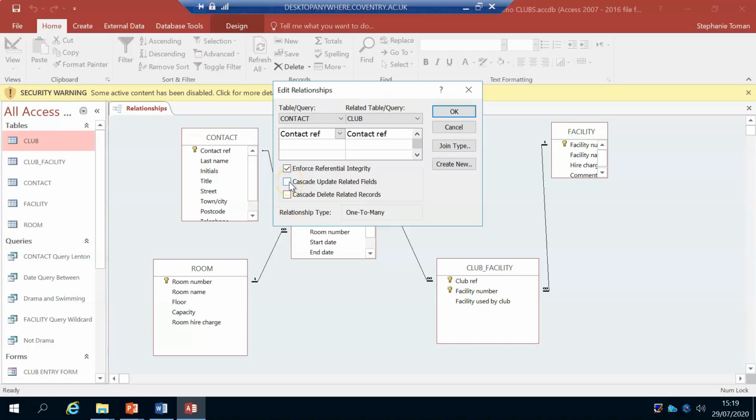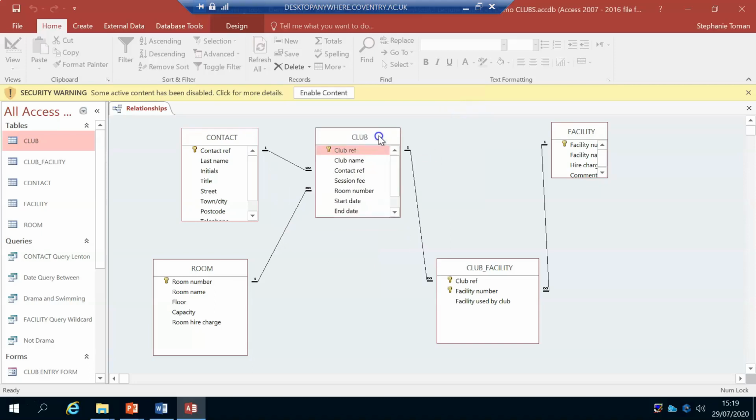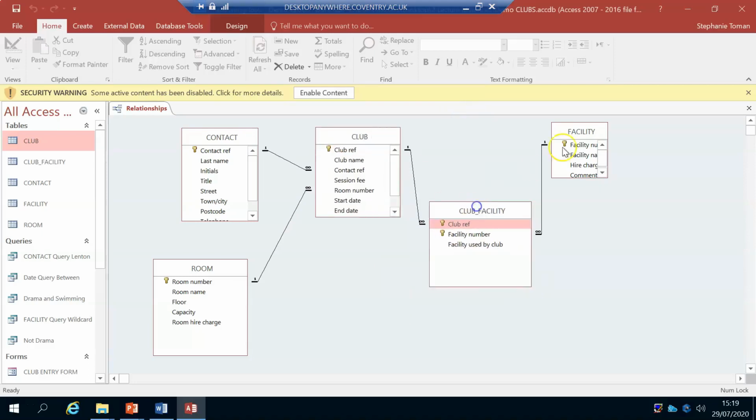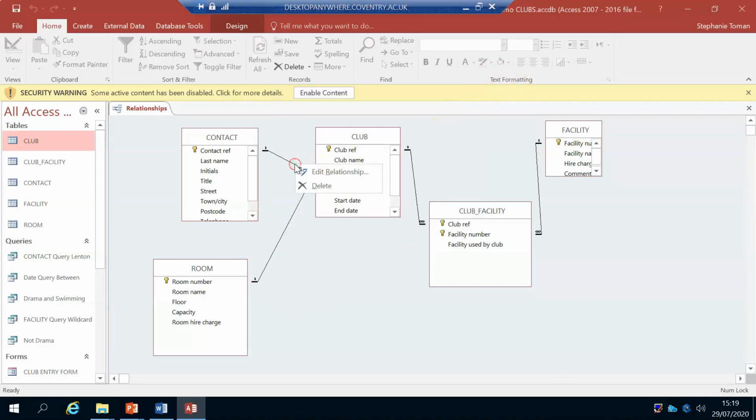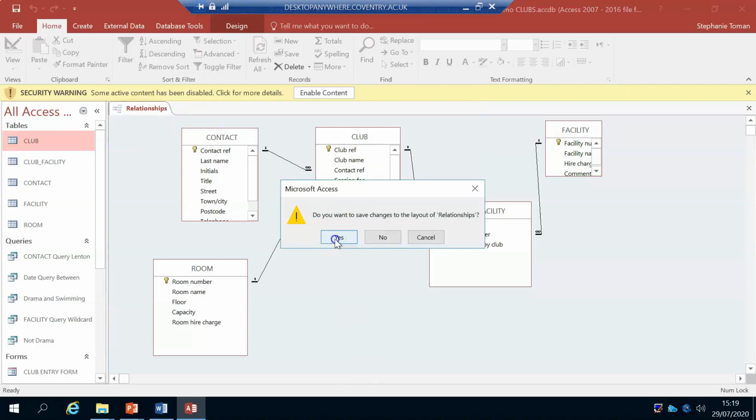In the real world, you would always use a copy of the original database to test out any changes that you're going to make. So we're going to OK that. We're happy with that. So remember, that's how you do it. And if you're going to edit, double click, right click, and then you can change things. Okay, so and then close that down. It may ask you to save it, which you would